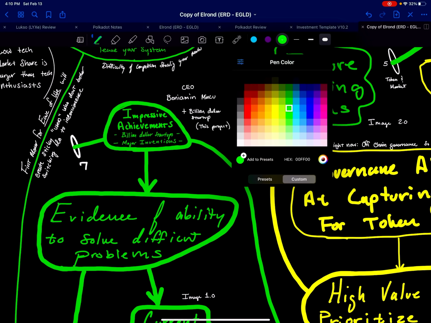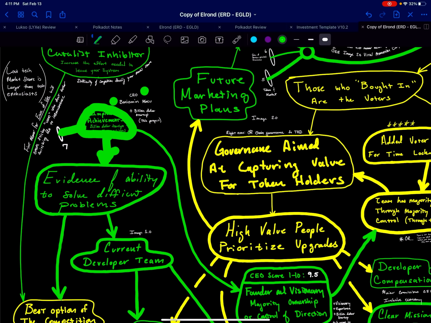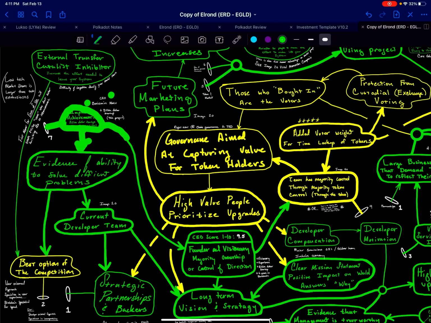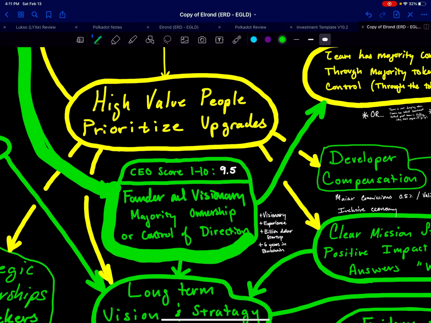So regarding the team, Ben Minsu, I just did terrible with that, but whatever, is a CEO. And this is a $1 billion startup. So in my opinion, that validates him. Even though it is a meta referral, which is the project itself, I still believe you got up to the $1 billion club, you proved yourself, and so that instantly proves that they're capable. So I put the CEO score, from watching a bunch of videos of him, at 9.5. He's one of the highest up there. That is pretty high.